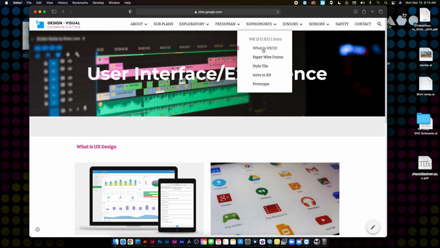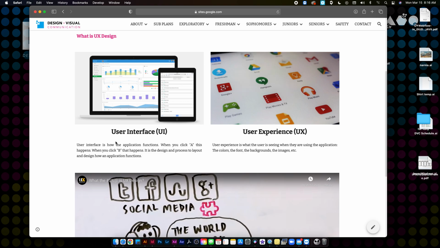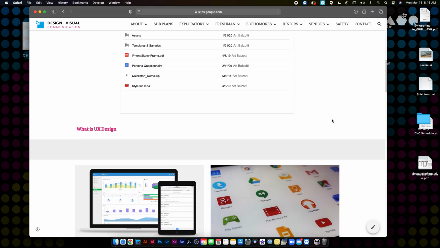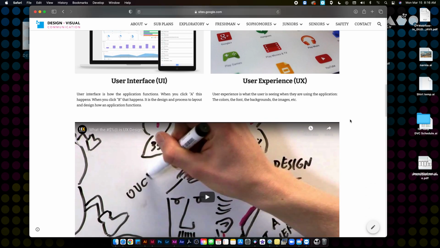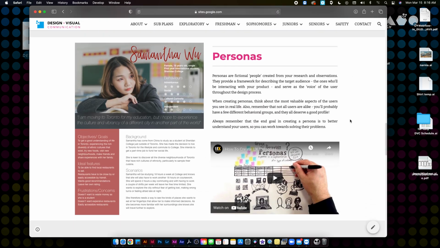No questions on that? Nothing? You guys already have it figured out? So the user interface, okay? We talked about user experience. Interface is how the application functions. Experience, okay? So back up to our beginning piece here. So thinking about that, some of the other components that we're not going to get into